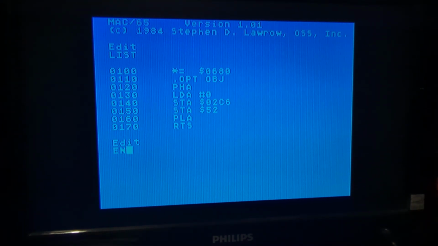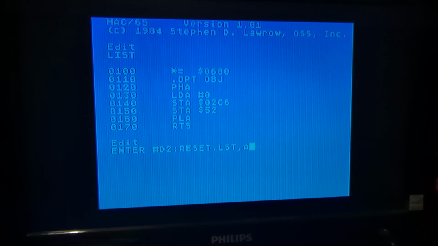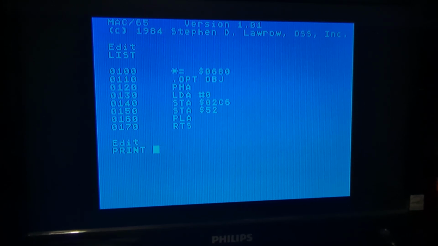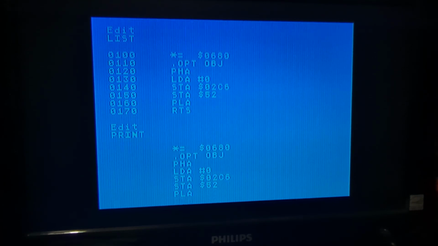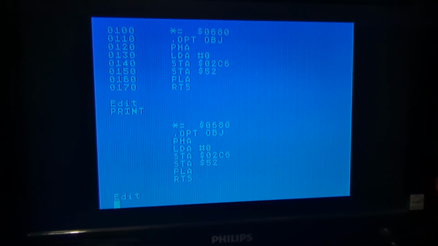You can also use /A to enter unnumbered text. How would you get unnumbered text? There's actually a print command which prints your code without line numbers. So if you wanted to get your object code without line numbers, you could do print. And you could also